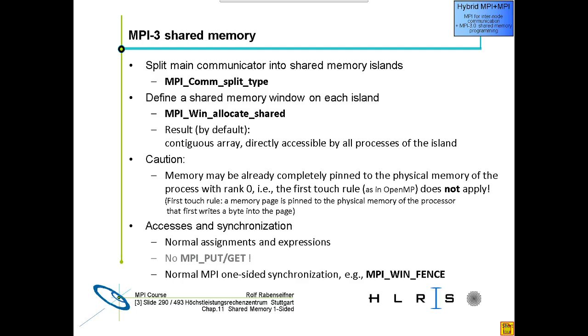First of all, we will need to split the main communicator into shared memory islands using the function MPI_Comm_split_type. And after that, we will define the shared memory window on each of those islands by using the function that we commented on in the previous presentation on one-sided communications, which is called MPI_Win_allocate_shared. The result of these calls by default is going to be a contiguous array that is accessible by all